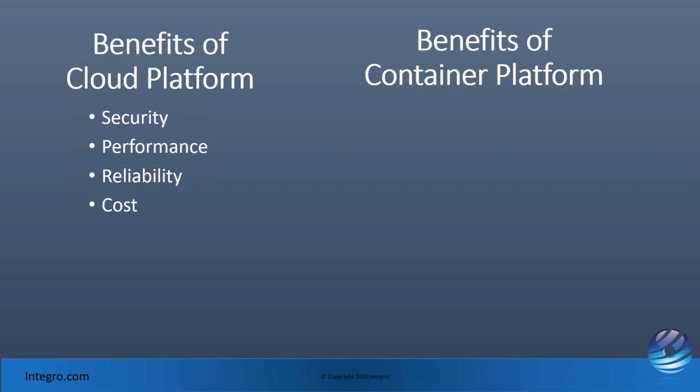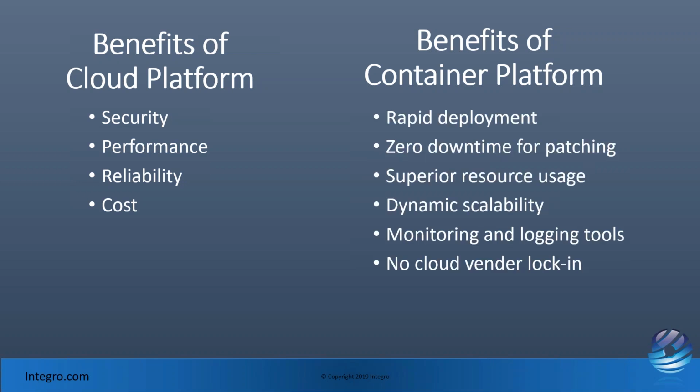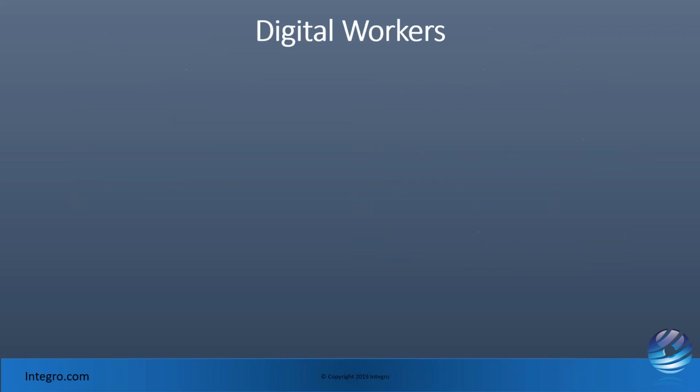Same with a lot of the services. Containers, I've mentioned some of this already. Rapid deployment, usually zero downtime for patching. You're using your resources a lot better, which is also cheaper. So easy to scale, so easy to monitor and set up logging tools, and you're not locked in to any vendor. Okay, now I'm going to go through some of the Cloud Pak for automation